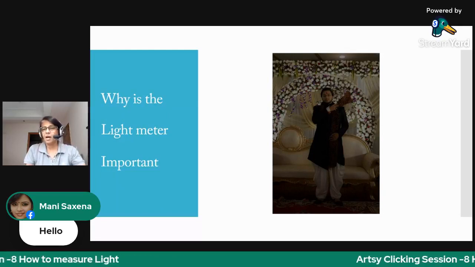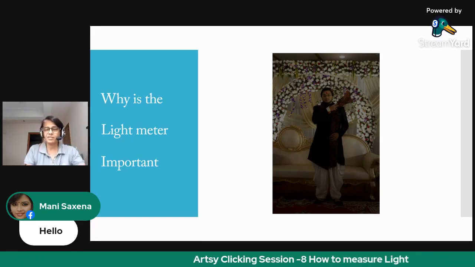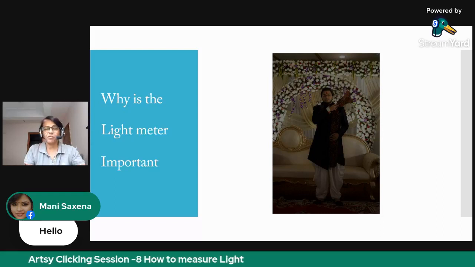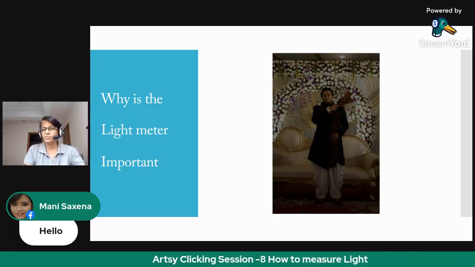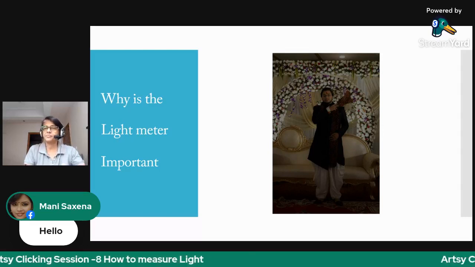But then, how long are we going to sit in front of the computer editing and making corrections? Some faults cannot be corrected, for one might lose the details in an overexposed photograph, or one might introduce a lot of noise in an underexposed photograph after editing.